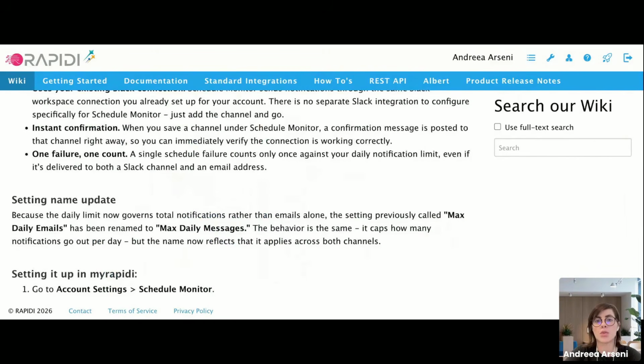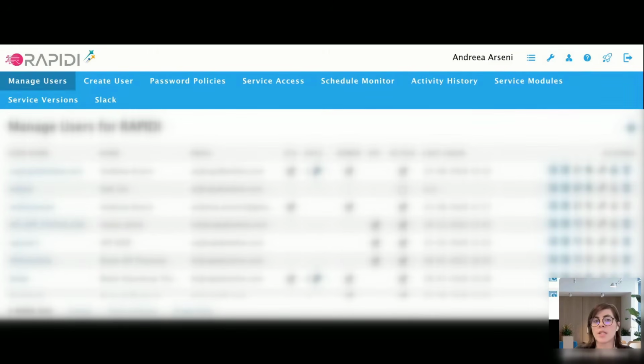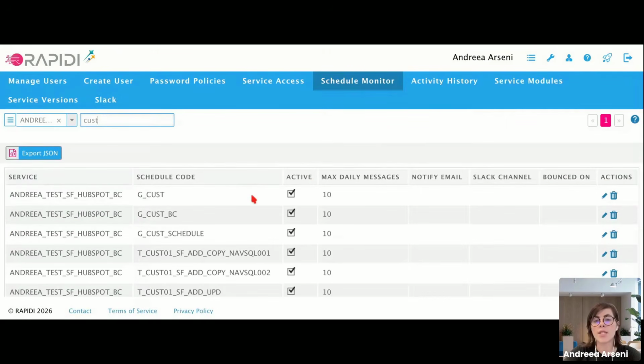Now, if we move to Rapidi, you will log into Rapidi and click on this wrench icon here. As soon as you're on this page, you go to Schedule Monitor. The Schedule Monitor will look something like this, and this is where you would see all your schedules. Then you can see all the fields, and you'll see Slack channel. This is the new option that you have available,